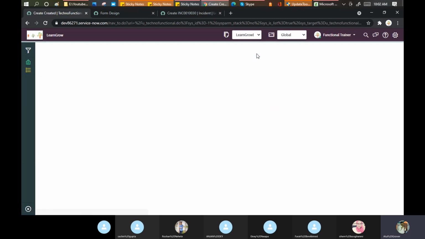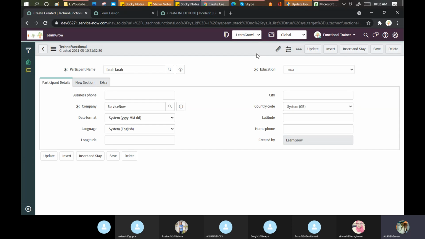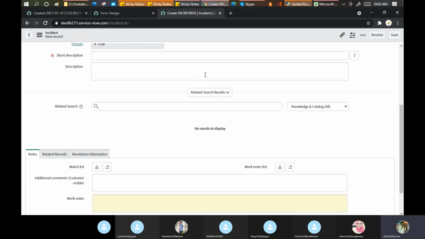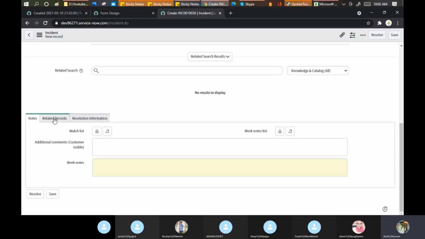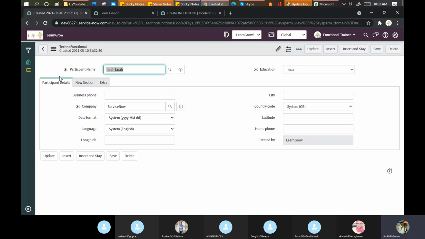Yes. Now, one more thing I'll show you. Let me open the incident form. Now you can see these things. These are called the sections, which I created just now here. Like when you fill a university form, multiple sections are there: personal detail, education, family background, income background.